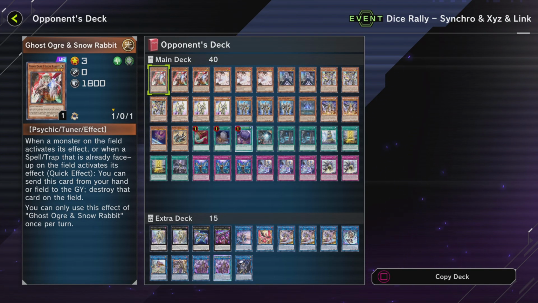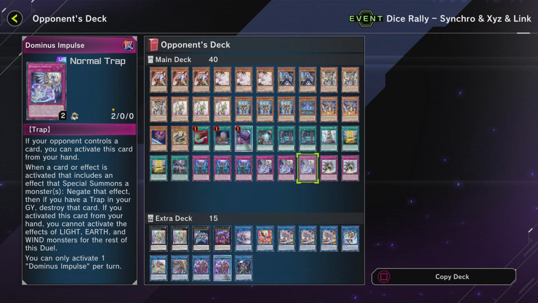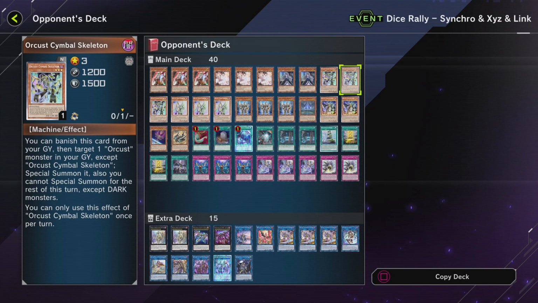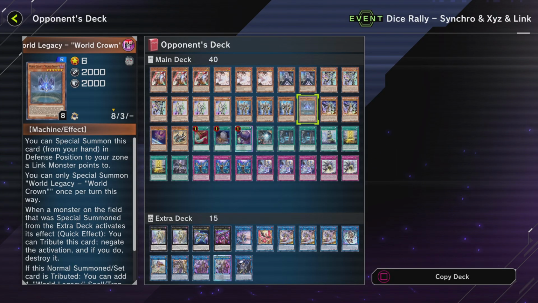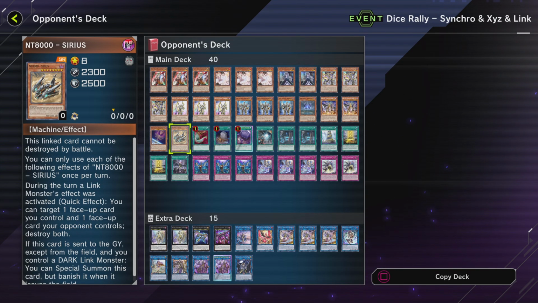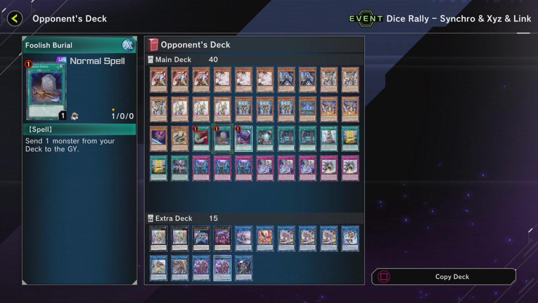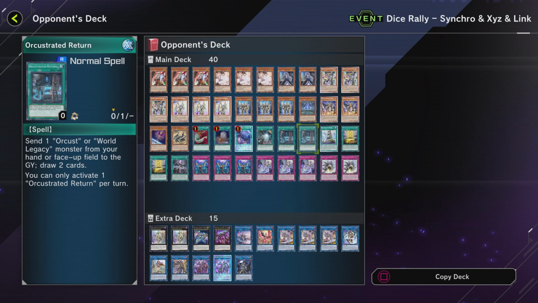Okay, straight up Orchis. 3 Ghost Ogre, 3 Ash, 2 Bell, 3 Imperm, 3 Impulse. That's pretty much the 14 hand traps. For the Orchis, 3 Symbol Skeleton, 3 Harpor, 3 Gersu the Orchis Mech Knight, 1 World Crown, 2 Orchis Nightmare, 1 World Wand, NT 8000 Sirius, Feather Duster, Foolish Goods, Royal Foolish Goods, World Legacy Succession, 2 Orchestrated Return,